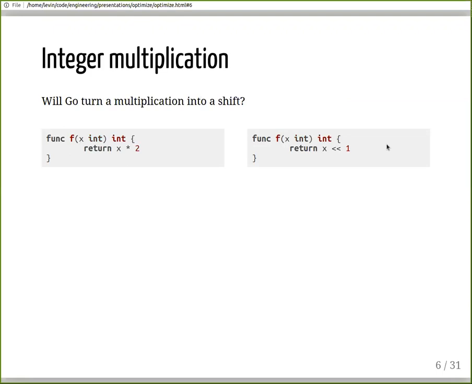So this one is about how the compiler implements integer multiplication. If you look on the left, there's a very simple function which just takes an integer and multiplies it by 2. And on the right is an optimized version of that, which uses a bit shift operation instead of the multiplication. For those of you who are not familiar with that, or maybe learned it at some point and forgot it,